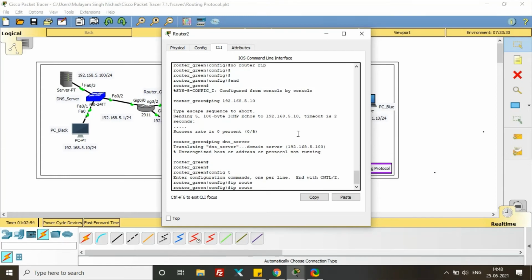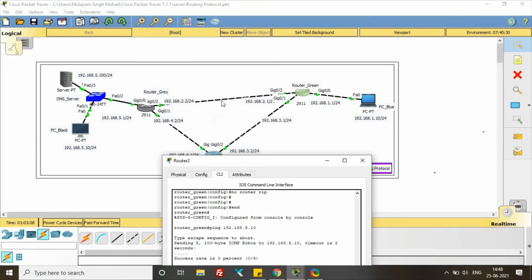The destination is this destination network, 192.168.5.0, because it can be pinged in this area. Every device here can be pinged to each other, because these are directly connected devices.